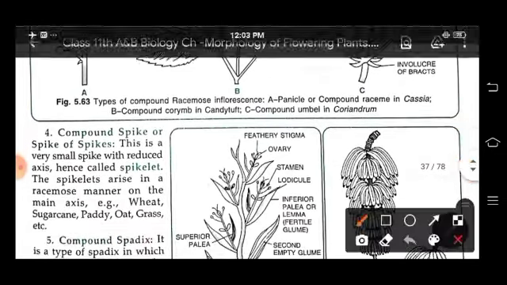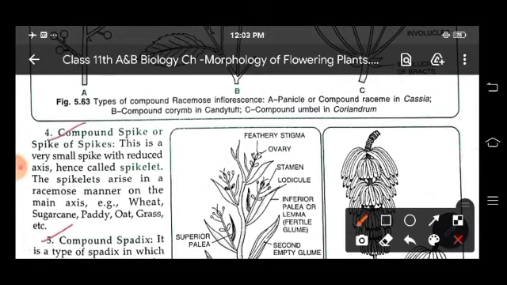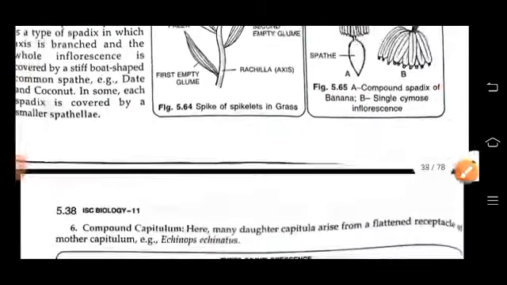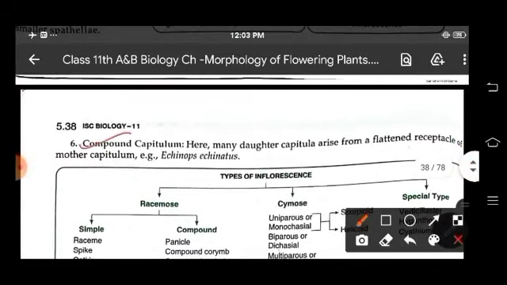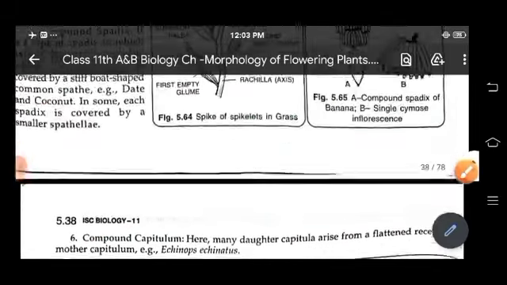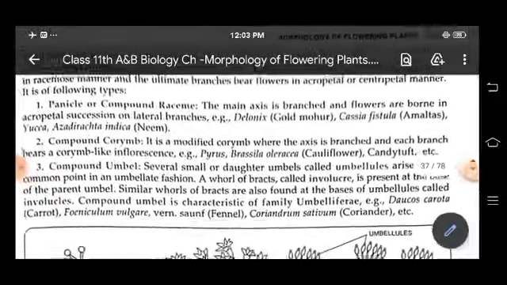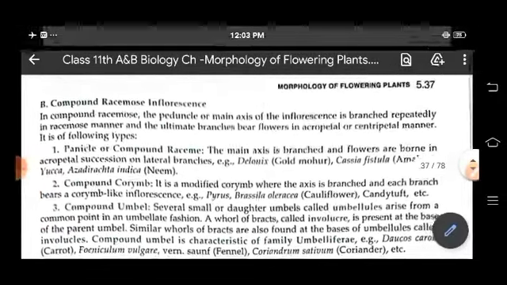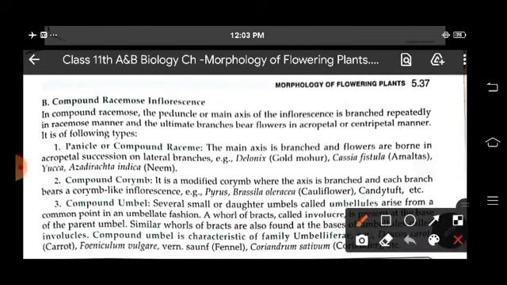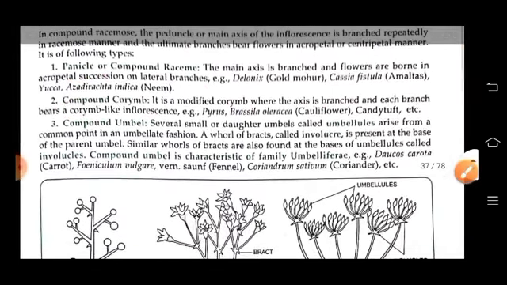compound spike or spike of spikes, compound spadix, and compound capitulum. So, in compound raceme, the main axis is branched and flowers are borne in acropetal succession on lateral branches. In compound corymb, it is a modified corymb where the axis is branched and each branch bears a corymb-like inflorescence. In compound umbel,